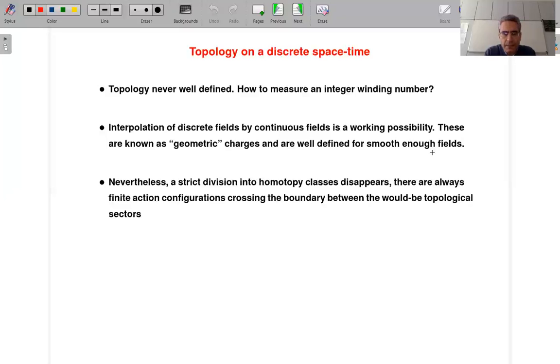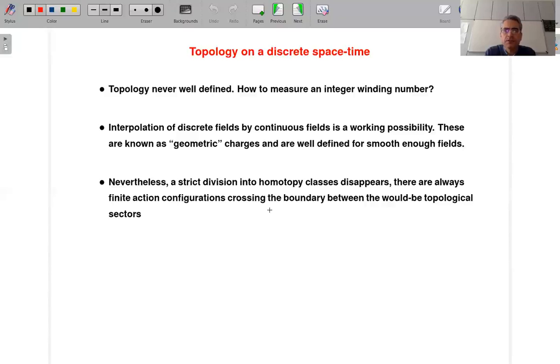Nevertheless, I will show you some examples in the simplified models that we discussed last week of these geometric charges. In any case, even if such definitions are possible in principle, one should take into account that on a discrete space-time, a strict division into homotopy classes disappears. So what does that mean? It means that in any case, you can move from one topological sector to the other by crossing finite action